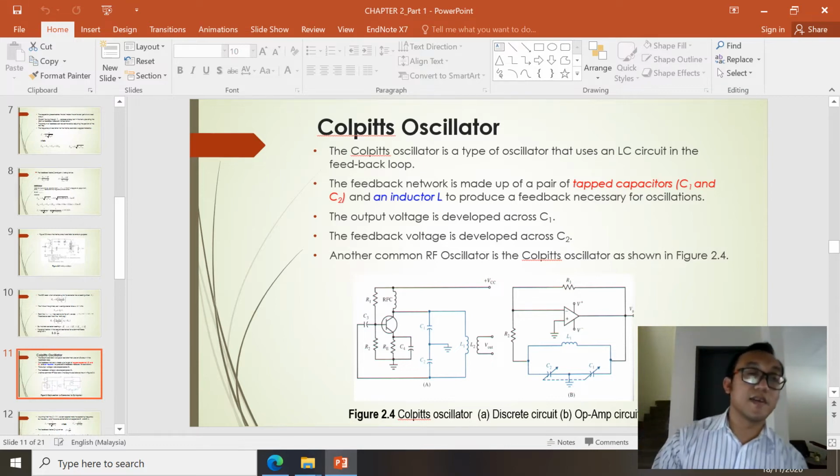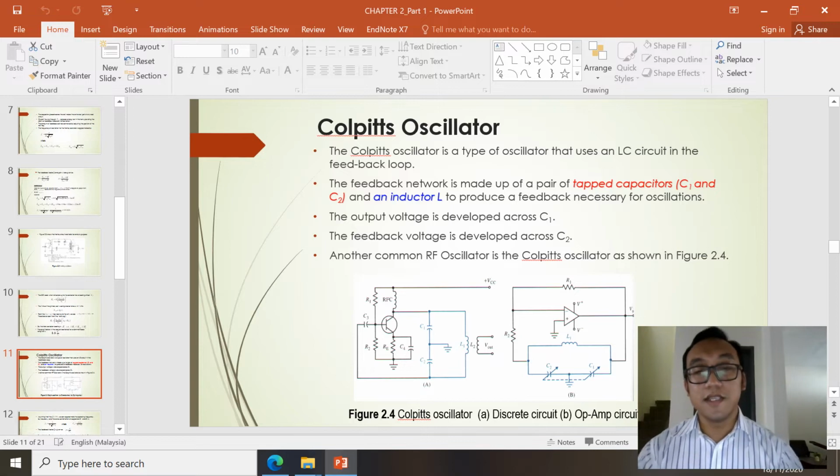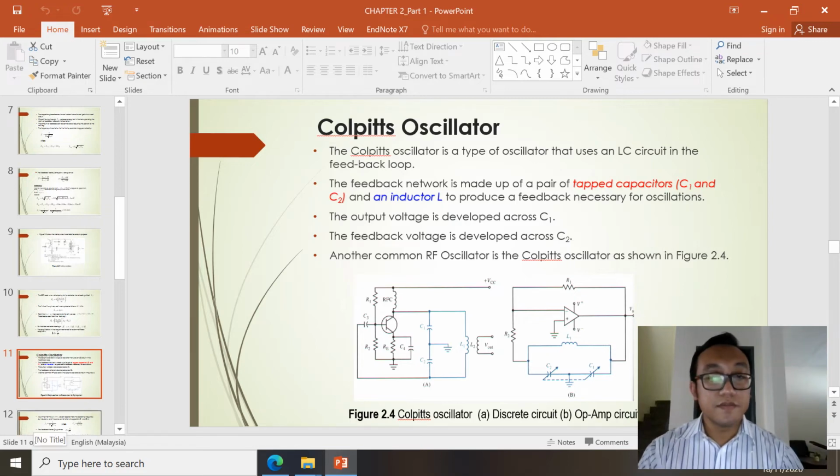Nothing, because it's not too difficult. The second type of oscillator is the Colpitts oscillator. The same thing, playing with the capacitor and also the inductor. So here there is 1 inductor and 2 capacitors, compared to the Hartley, 2 inductors and 1 capacitor. The same thing, playing with the capacitor and also the inductor. Okay, so